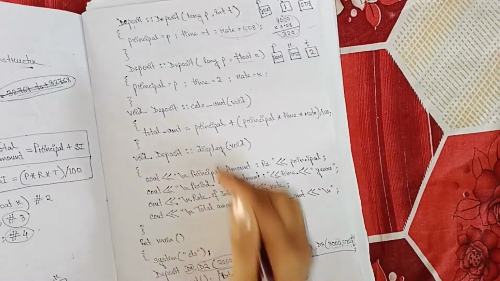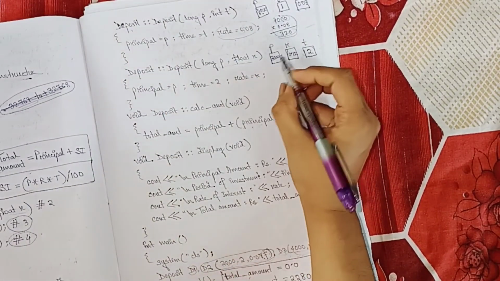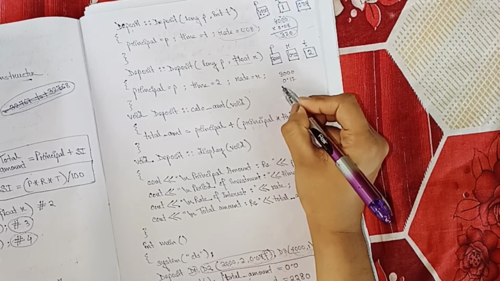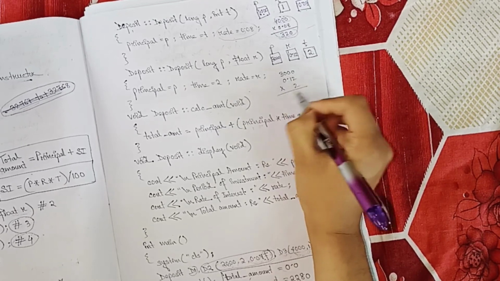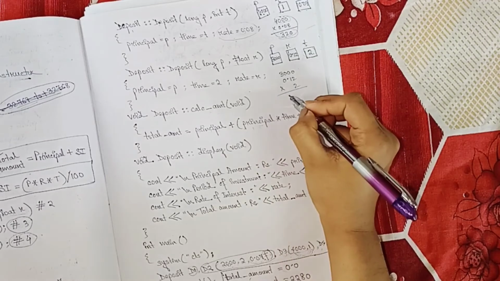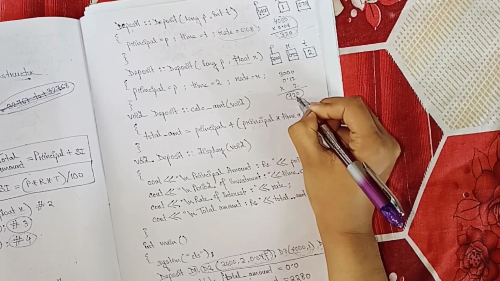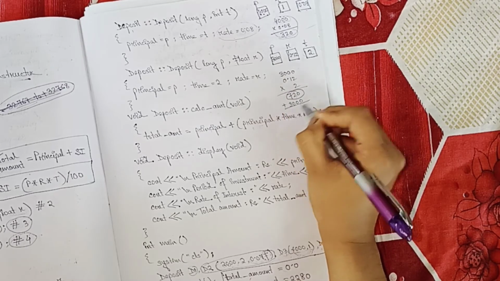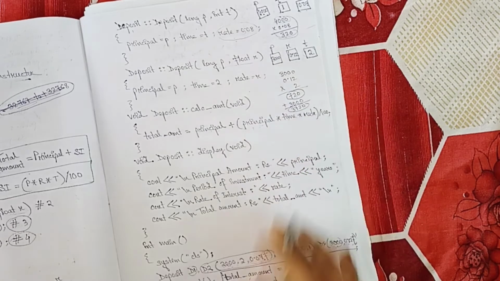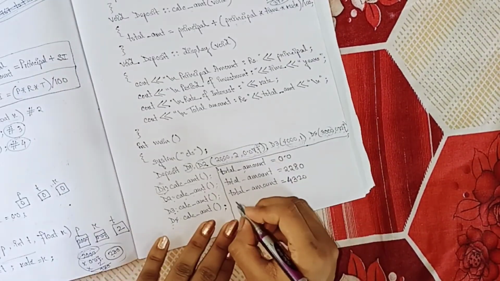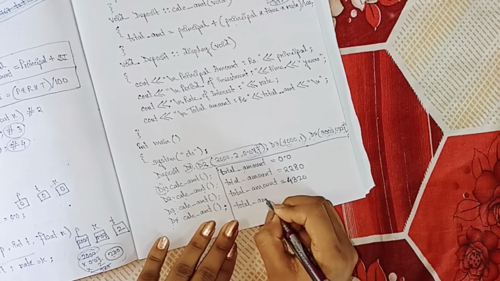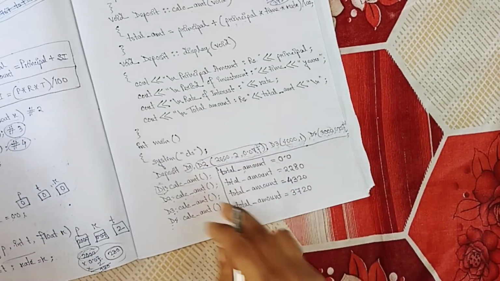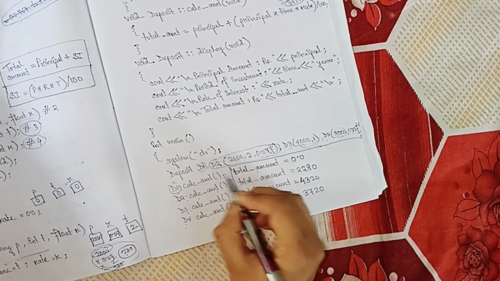And D4 means this particular constructor, which has the value P as 3000, rate as 0.12, and time as 2. If we multiply these, we will get the value 720. So this 720 is SI. So SI plus 3000 will come out to be 3720. So this is the total amount for the fourth constructor, coming out to be 3720.